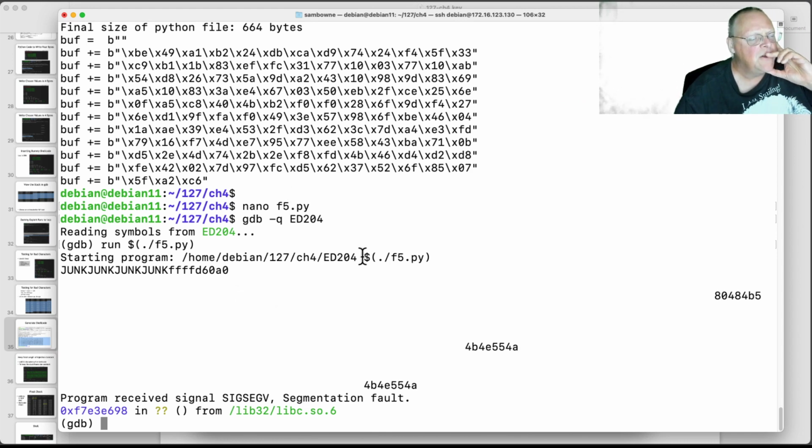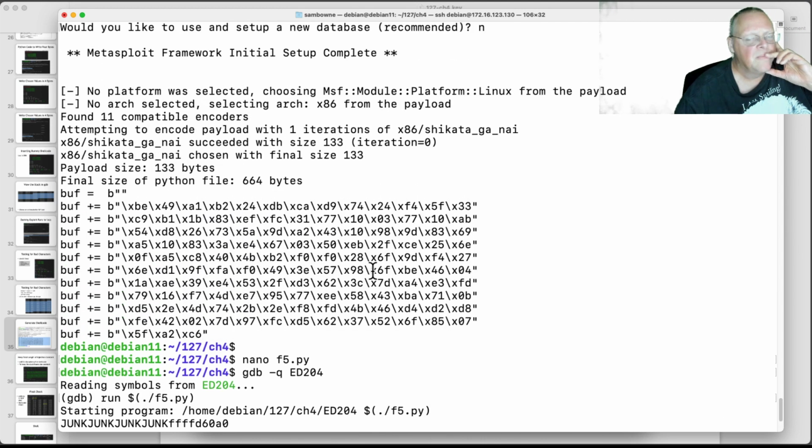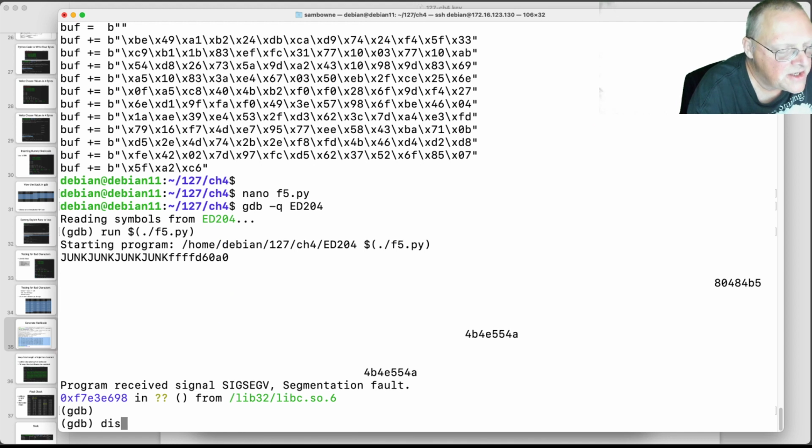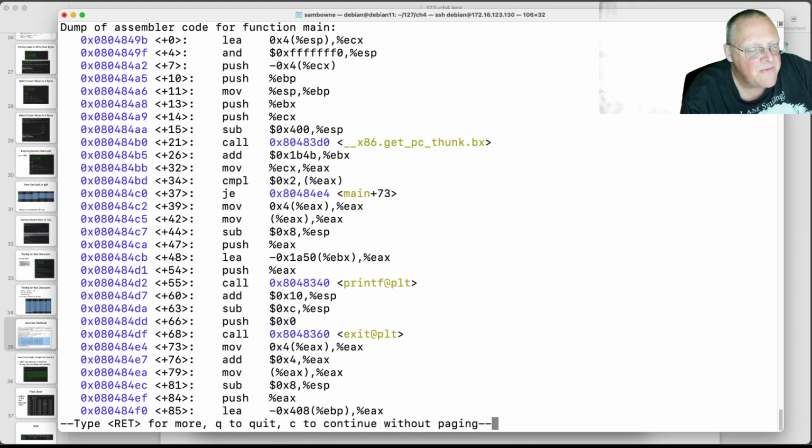Oh, I don't know. Let's see if we can figure out what I did wrong here. Any of you smart people watching might have caught it. Well, we can do it by putting in a break. Let's disassemble main. I thought it was around 115 we want it to be. Well, here's the printf, and there's the exit. So if I want to examine what I've done, I just want to break after the printf.